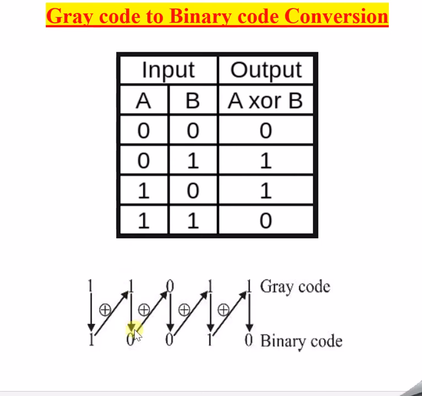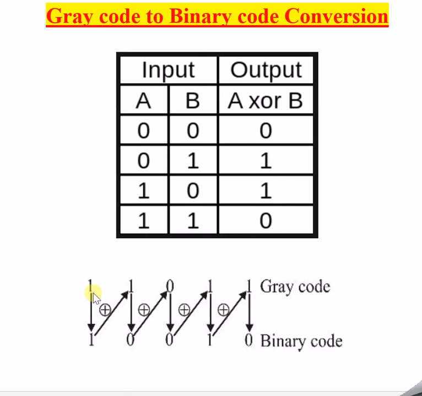Let us quickly try to understand. This is the gray code which is given to you: 11011. Now you are asked to convert it into binary. How will you convert it? Once this gray code is given to you, just draw a downward arrow in order to write the output. Now take a diagonal arrow mark in this way and write an addition sign. The downward arrow is the output, because you are dragging one arrow down in order to know the binary equivalent of this gray code. Next, put one diagonal arrow mark and write the addition symbol like this.